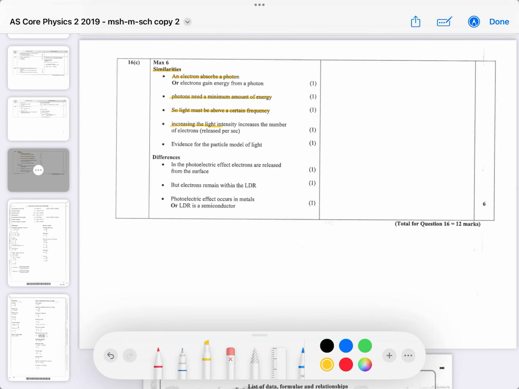And increasing the light intensity increases the number of electrons released per second, either in the photoelectric effect, as in released from the surface, or released as in from being bound electrons to being conduction electrons in the LDR effect. Evidence for the particle model of light is a similarity as well, which I didn't consider putting in my discussion. And then the difference is